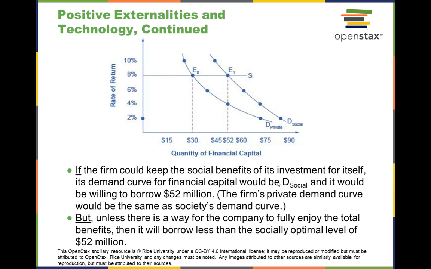If the firm could keep the social benefits of investment for itself, its demand curve for financial capital would be D-social, and it would be willing to borrow the $52 million. The firm's private demand curve would be the same as society's demand curve. But unless there is a way for the company to fully enjoy the total benefits, then it will borrow less than the socially optimum level. So they will end up borrowing at a much lower level. So that's why it's often beneficial for governments, some people would say, especially in the science community, to promote the